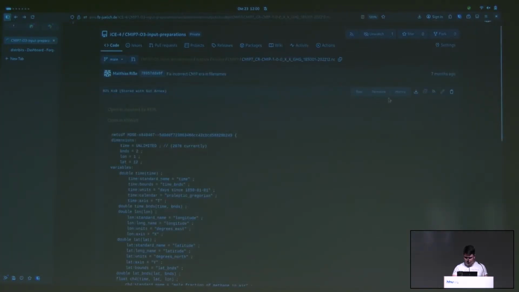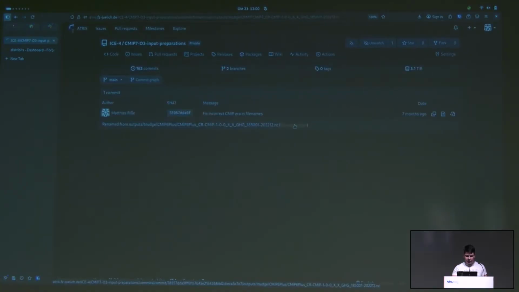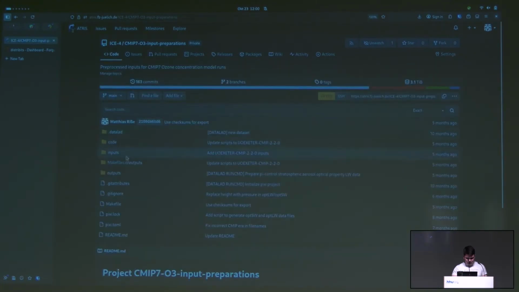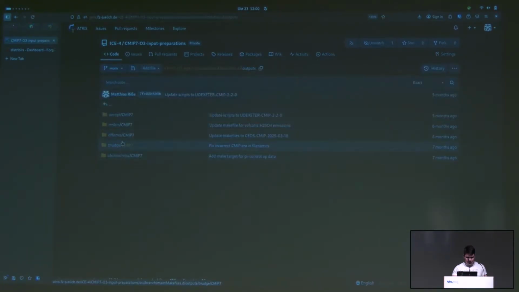Not the commit, but the history of this file. I can see I've renamed that in the past. I can browse further and see that was created by a DataLad run. I have the command here that was used to produce it. And if I go back to the code and look at the make file, then I